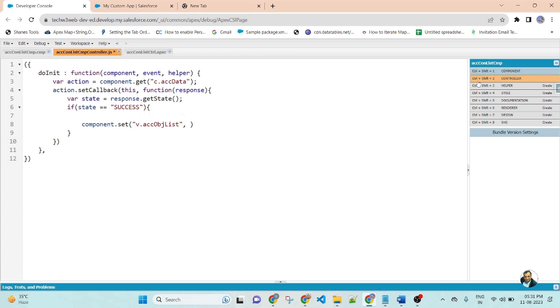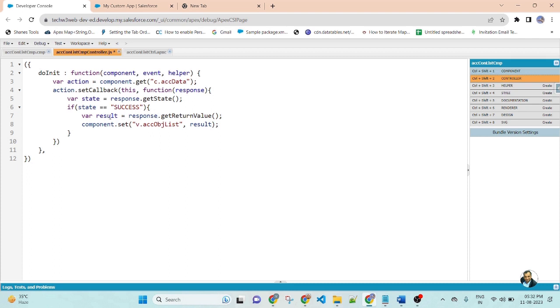Here I will create a variable result: response dot get return value. This result variable is passed here. So this attribute will hold the returning value that is coming from the Apex class method.